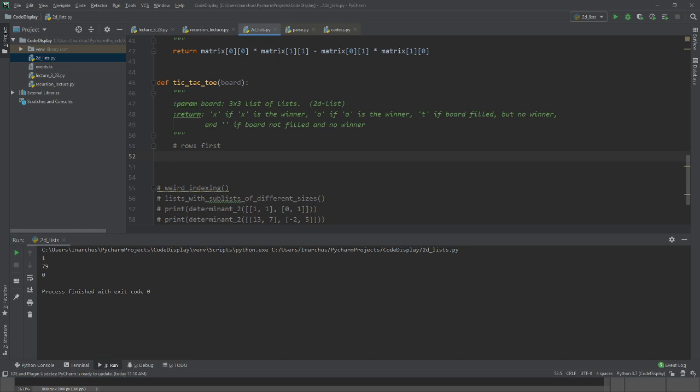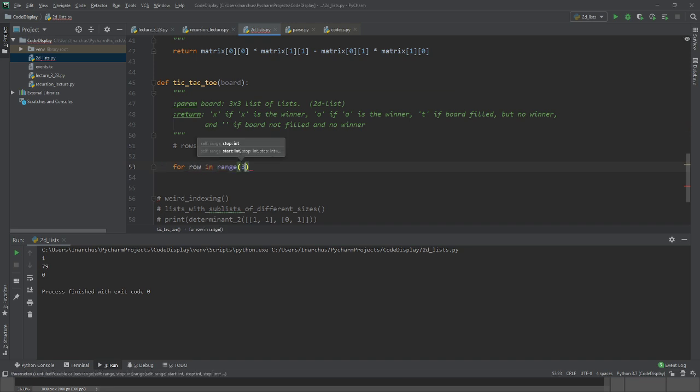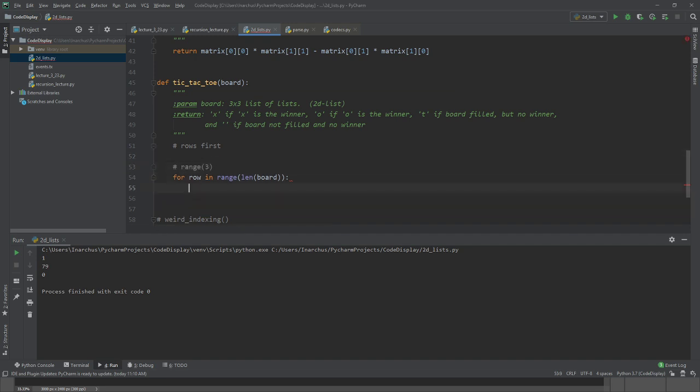So what we're going to do is we're going to have to do this with two nested loops. So we're going to say for row in range, and we can say range 3, but let's just say range board. This will make it a little bit more general, but really this is range 3. And so what we're going to do is think about what you're going to have to do now. So if